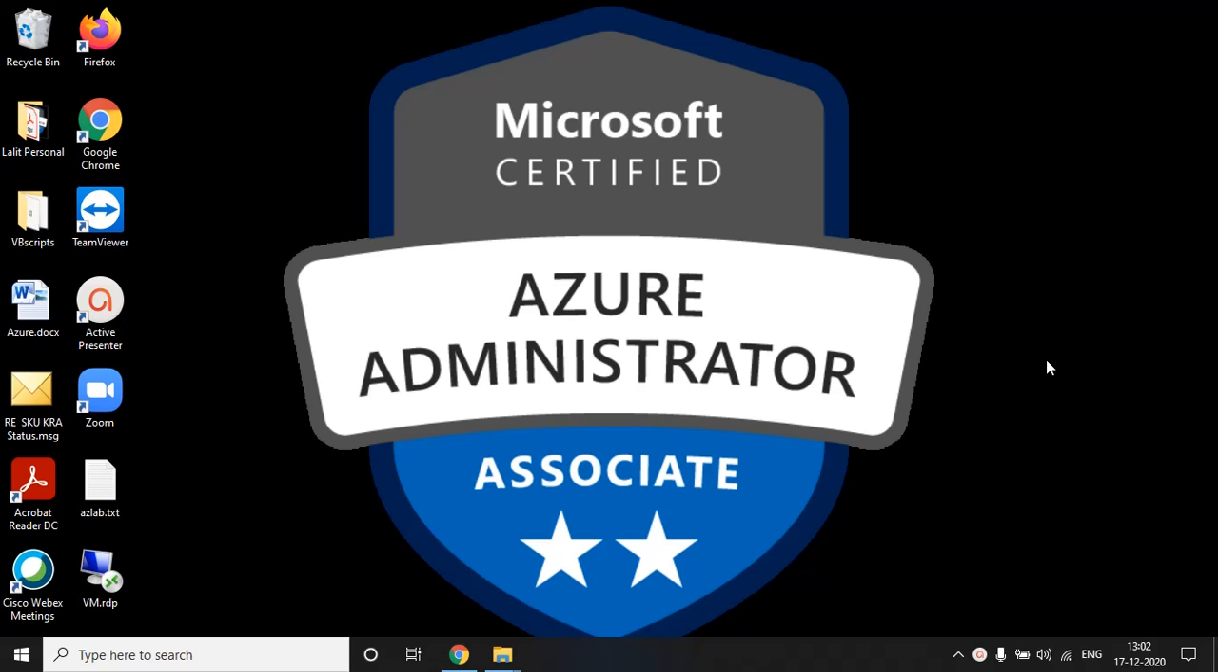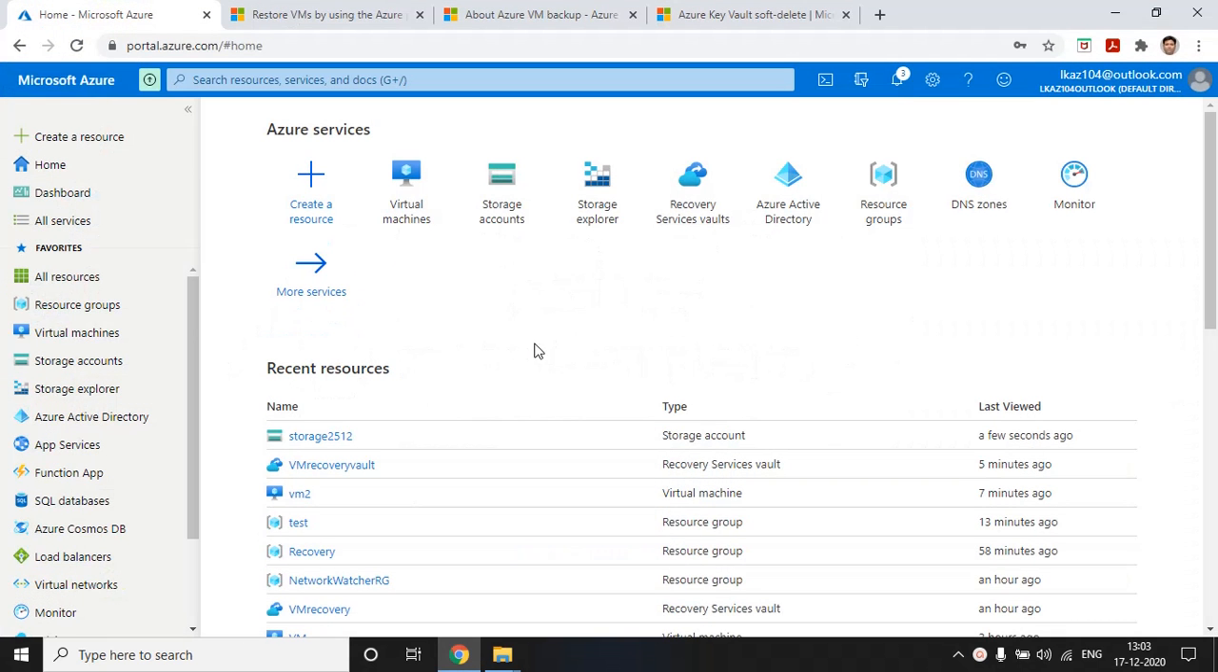If you're following my videos, in the last video we saw how to take a backup of an Azure virtual machine. So in this video we will see how to restore the virtual machine with that snapshot or backup we have taken. So let's go to the portal,